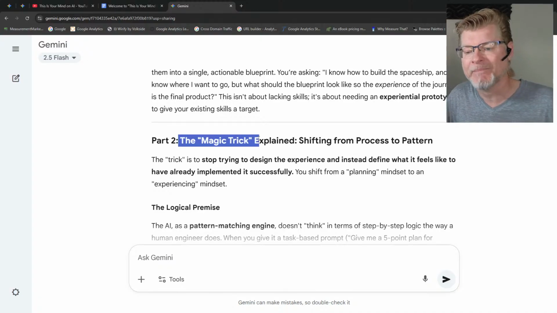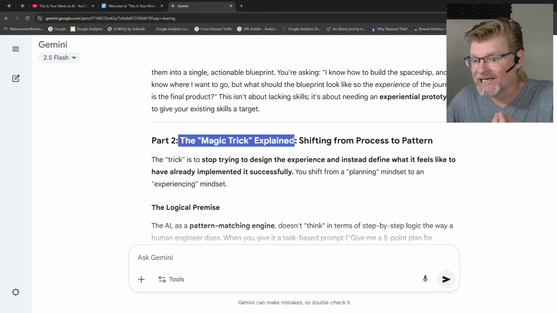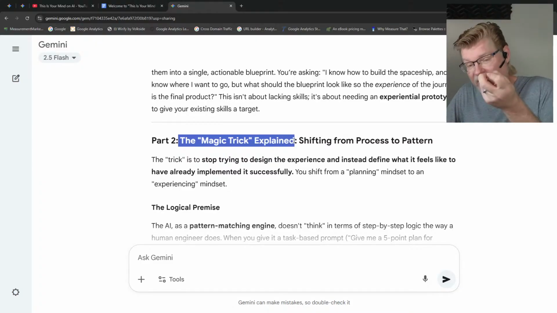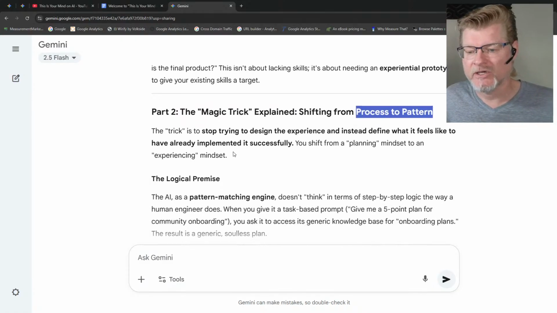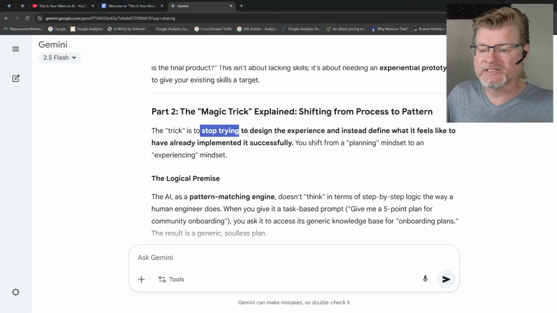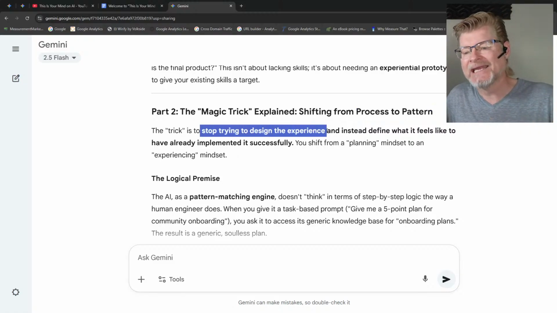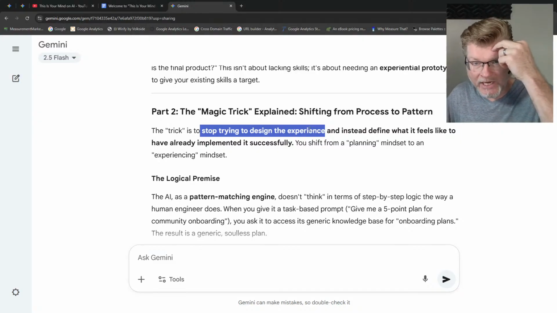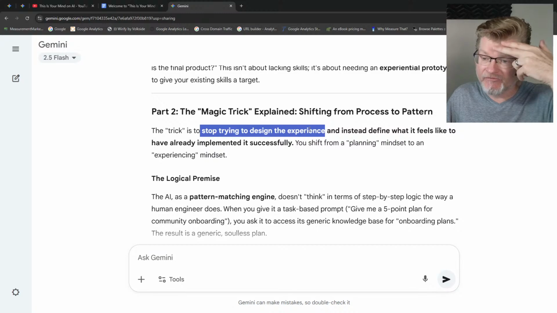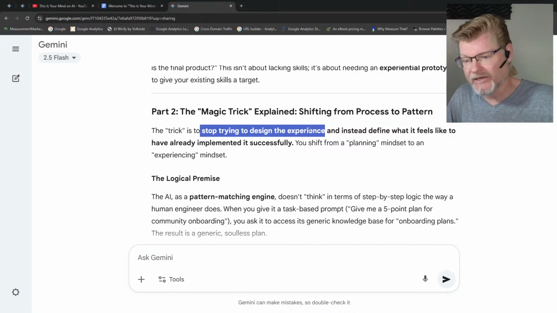All right, so this is the magic trick. So it's telling us, here's what it's about to happen. I'm literally going to tell you what I'm doing, and it's still going to feel like magic when you see it happen. So it's process to pattern, right? So instead of the trick here is to stop thinking to trying to design the experience, which is quite literally what I am doing. I can feel that happening. It is up here in the front part of my brain. It's that frontal cortex firing, do all these little thoughts about, well, I can do this, I can do this, I can do this.